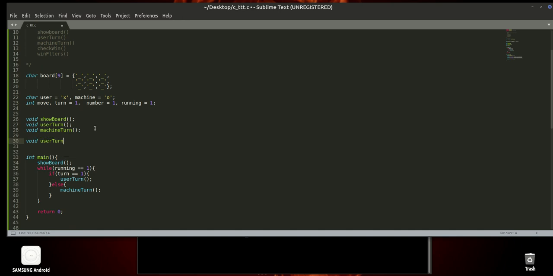So user turn, it will be just printf, let's say in user function, and